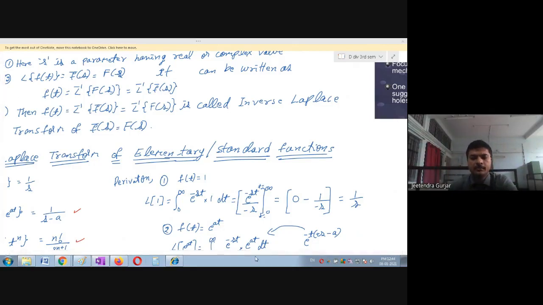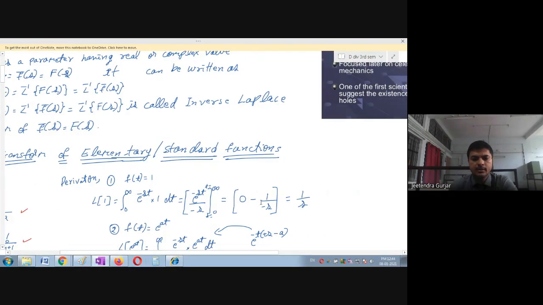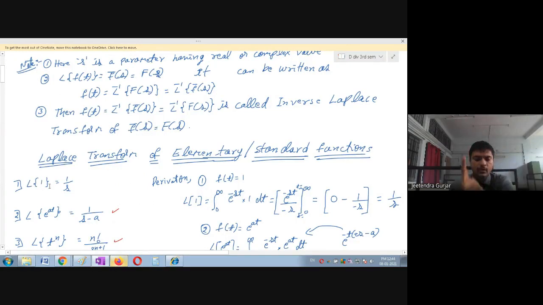So please remember this. So we have here 0 minus, next e raised to, I am going to substitute t is equal to 0. So e raised to 0 is 1. So 1 divided by minus s. Minus s is a parameter, so it is a constant. I have written directly minus s. So one can easily see minus into minus will become plus. So therefore this is equal to 1 upon s. It means that by using the definition, Laplace transform of 1 is equal to 1 upon s. So please remember this formula, students. So like this we can derive all these formulas.